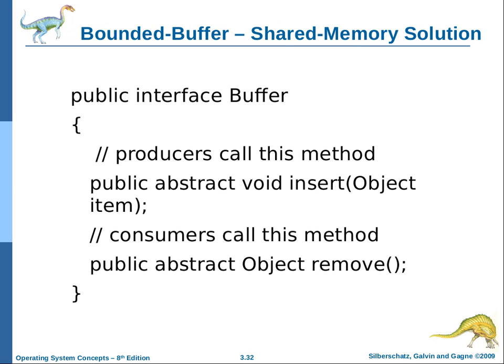How many of y'all would rather do Java than C? Boo. All right, good. We'll stick with C. So your homework will stay in C, which is good. But it's nice to look at least at how Java decided to do it. They decided to go with a buffer interface, an abstract class. None of this is implementation. It's just a schematic for a class.